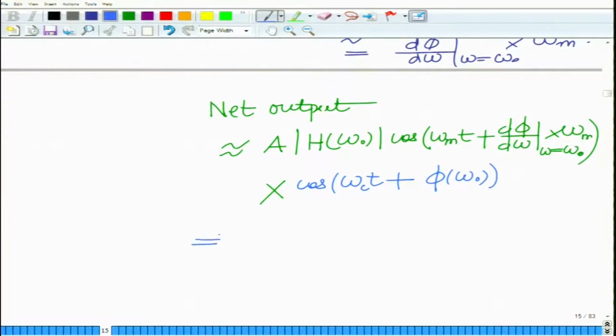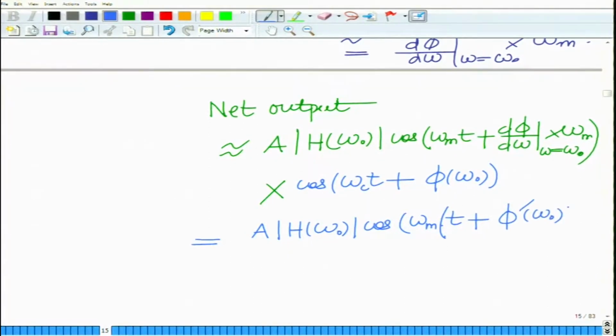Which is equal to, now you can simplify this as A magnitude h of omega naught cosine omega m t minus, I am going to simply write this as phi prime omega naught,